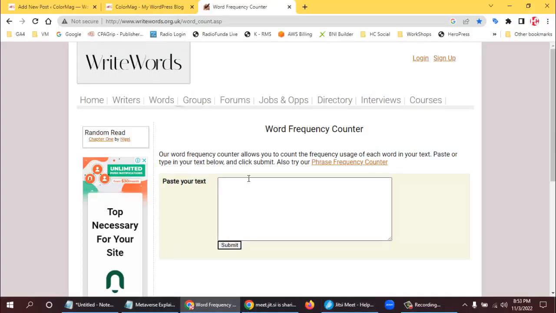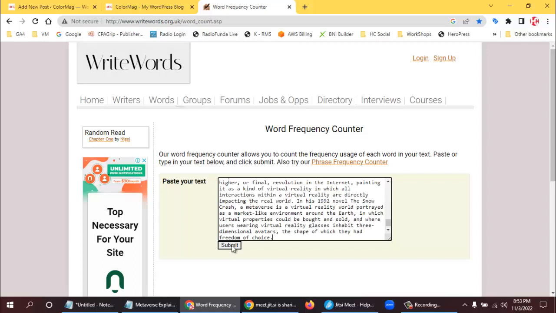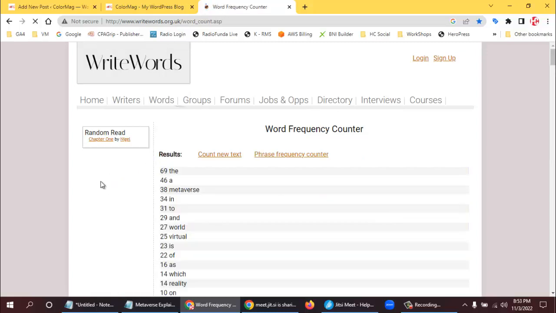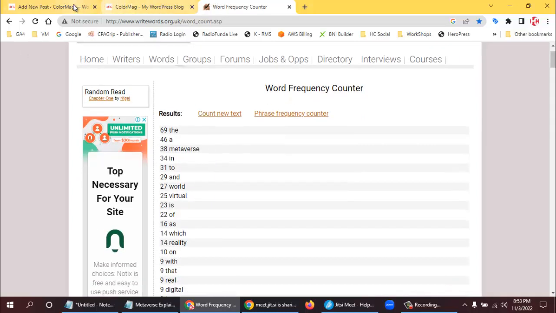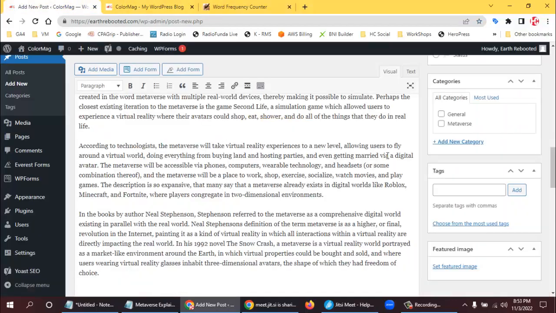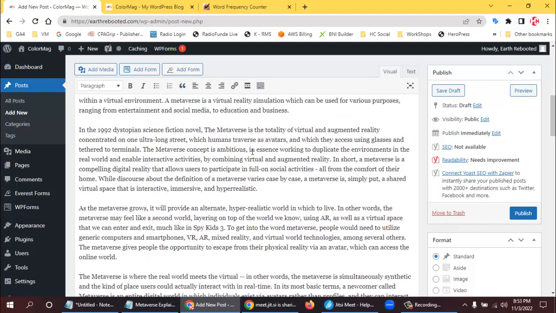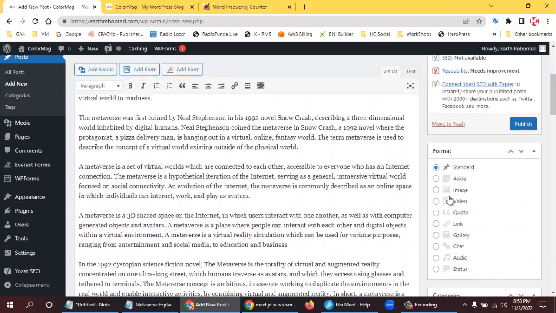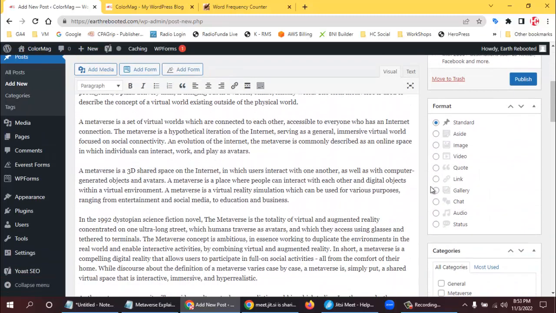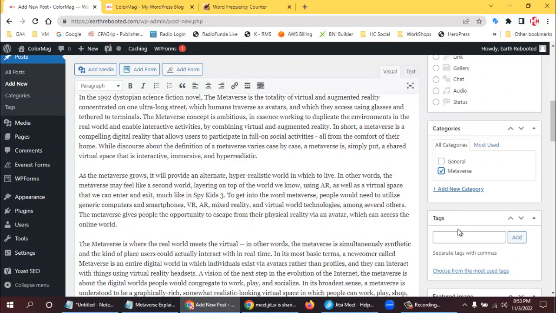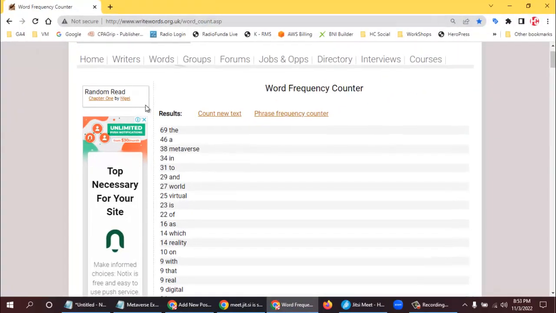Okay, yeah, so I'll paste it over here and click on submit. So I'll get to know which word is coming up multiple times. Okay, so this is done. Now this is again related to metaverse, so I'll select the category metaverse over here, and for important tags, those tags I will select from here: metaverse,